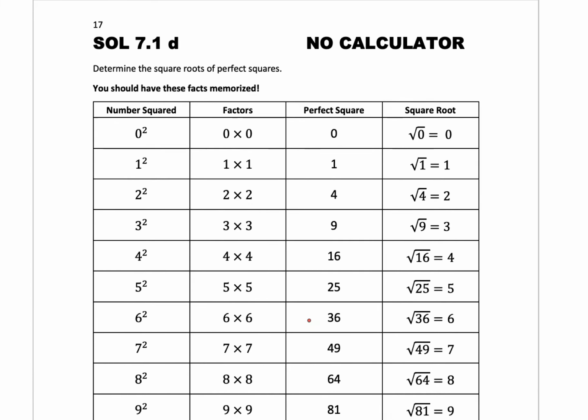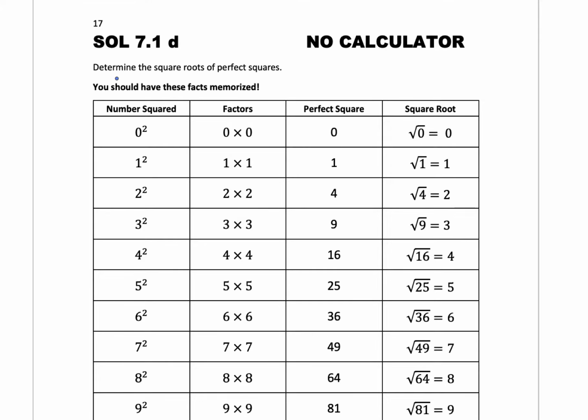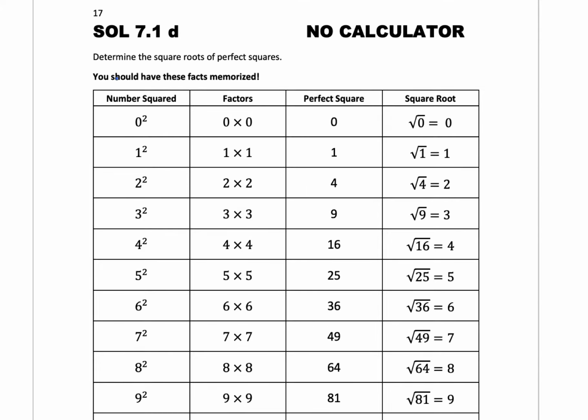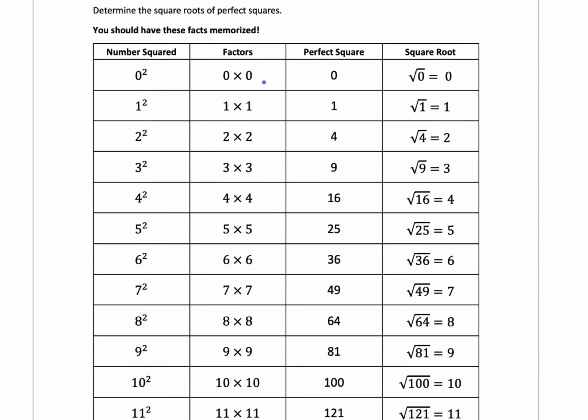The next section is SOL 7.1D, which is determining the square roots of perfect squares. So it is important to try to memorize these, and that's going to give you that quick recall when you're taking your SOL. It is no calculator. So a way that you can try to remember if you don't have them memorized to try to figure out